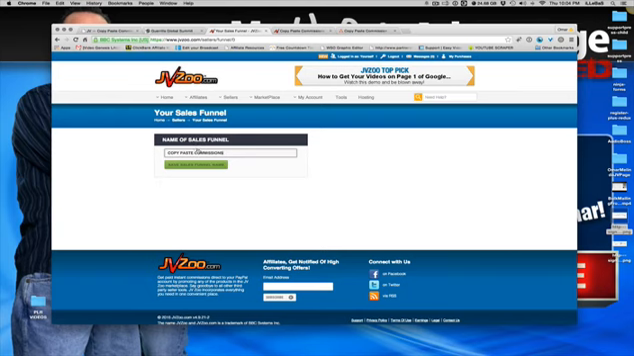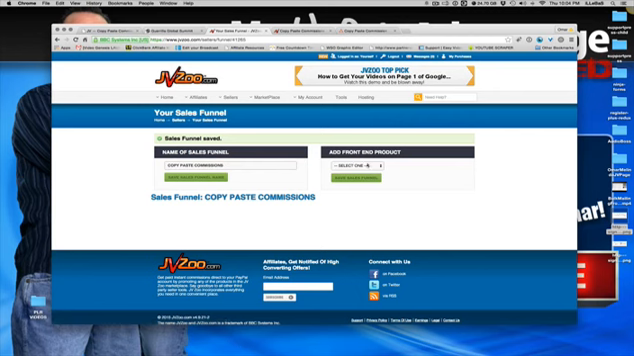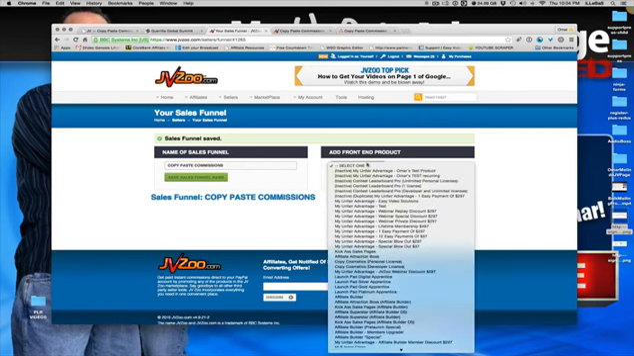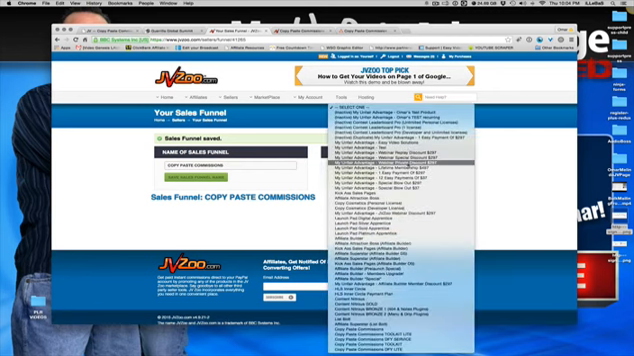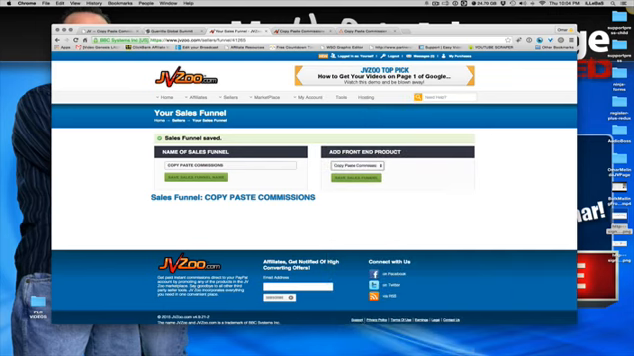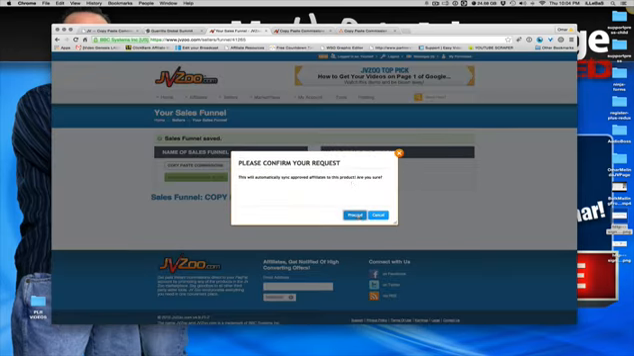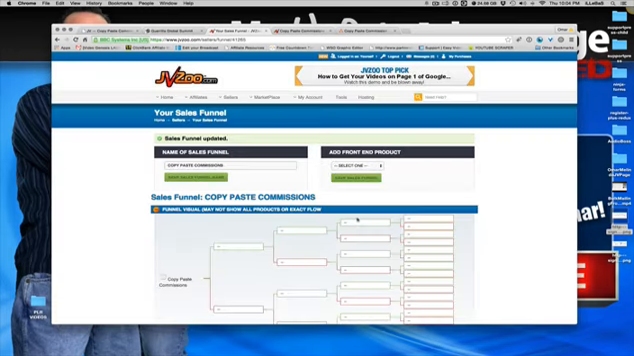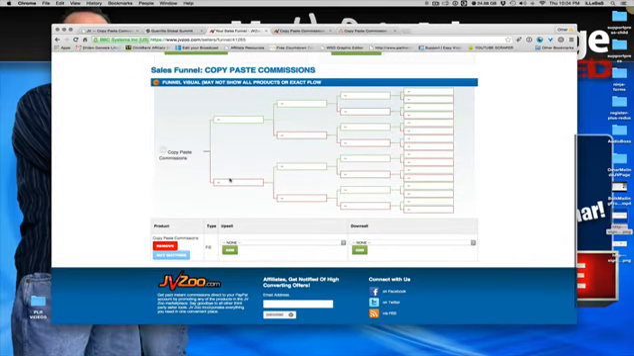Copy paste commissions. Okay, save the funnel name. And now for the front end product, once you add the front end product, you'll see the image of the funnel. So let's find copy paste commissions, front end, and now I just click save the sales funnel, proceed, and boom. So now we've got a funnel diagram here, and in this funnel diagram you've got these products that you can